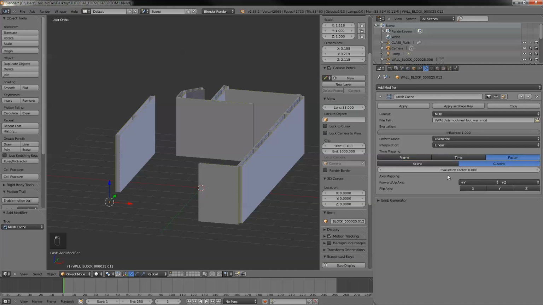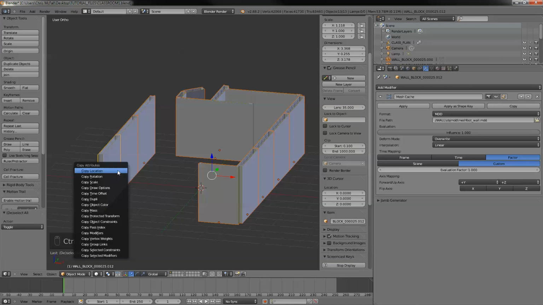Click Factor and Custom, and all it's done is it's on the first frame of the animation, and in the first frame of the animation it's invisible. So scaling through the evaluation factor to 1, and everything is hunky-dory and as it should be again. Right, leaving that on 1, we'll press A to select all, then hold down Shift, right click again. So now this one object, the one object with the mesh cache modifier, is the last thing that we've selected, and then what we're going to do is press